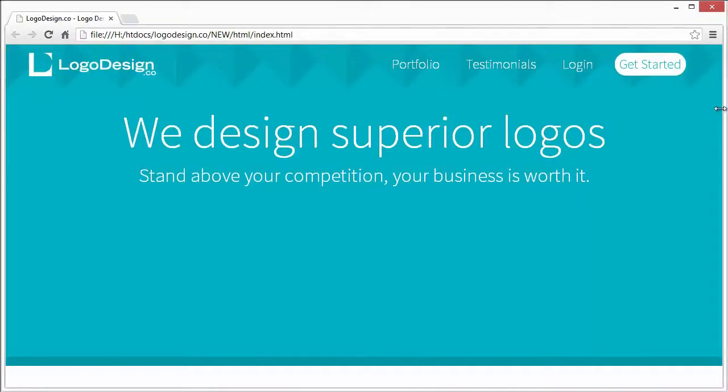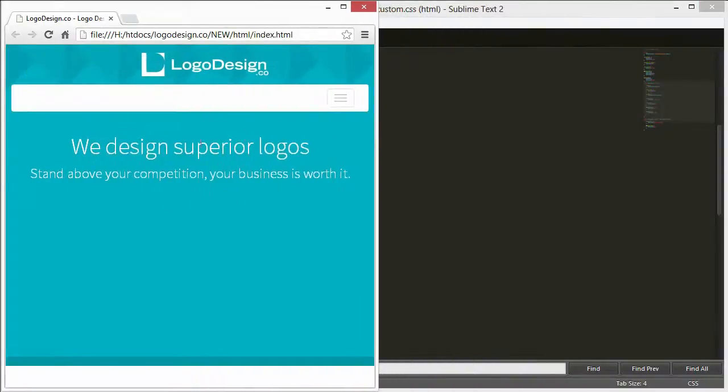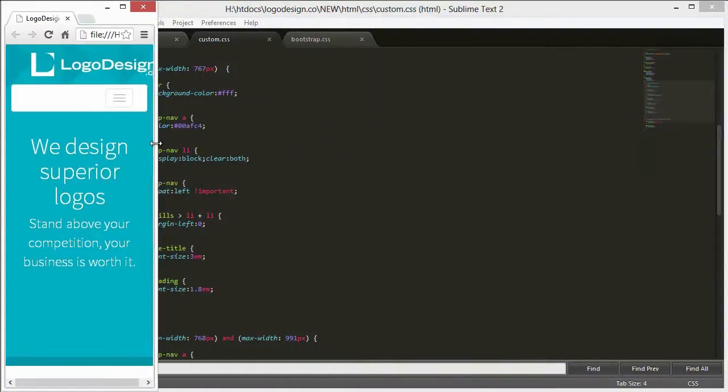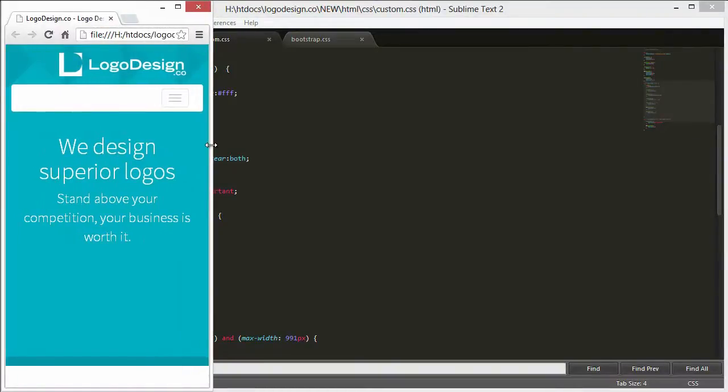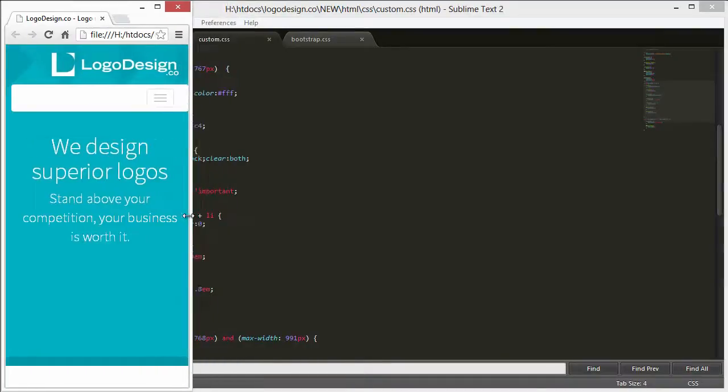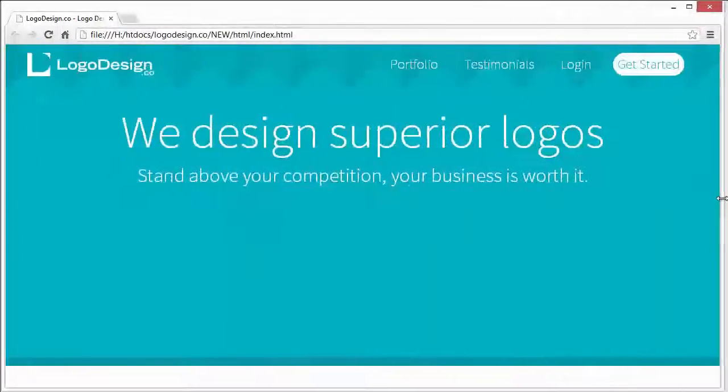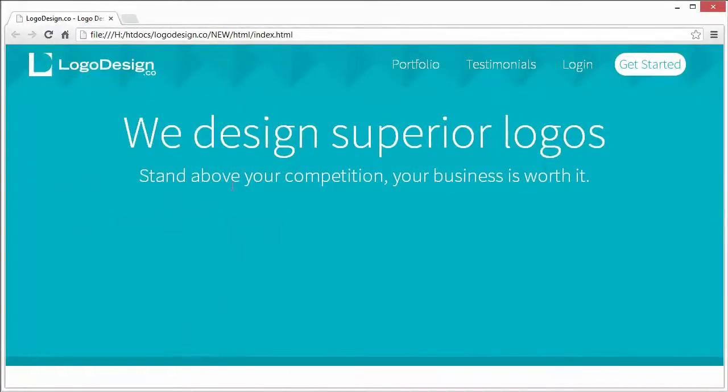Let's refresh. Alright, so that's a lot better for actual tablets. And this we may adjust a little bit further in the future, once we can more specifically see it. I'm going to do a video where we actually show it on a cell phone. But for now, that is good. Okay, so let's go ahead and continue on, and we'll do the arrows here and do the HTML for this